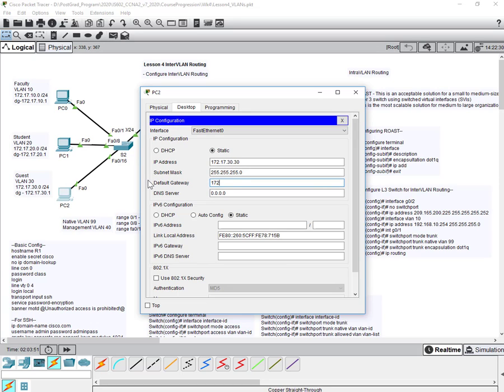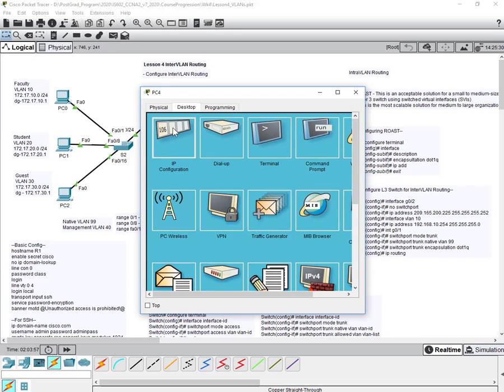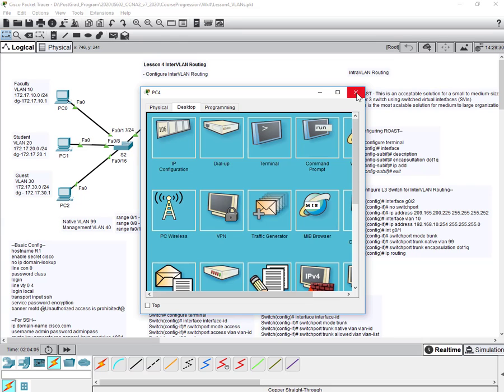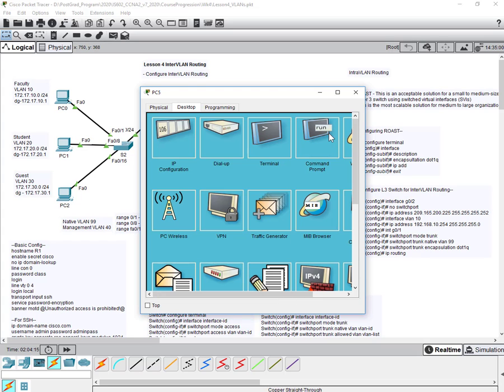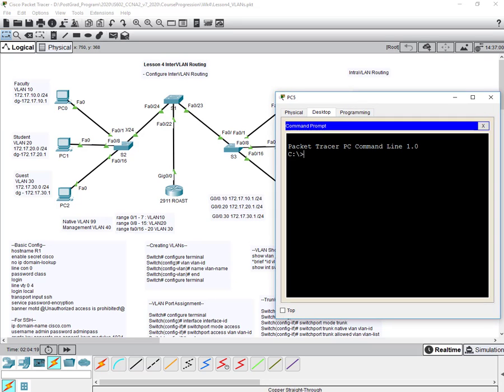For VLAN 20, the default gateway is 172.17.20.1, and for VLAN 30 it is going to be 172.17.30.1. So when that is done, I'm going to click on PC5, which is in VLAN 30, and